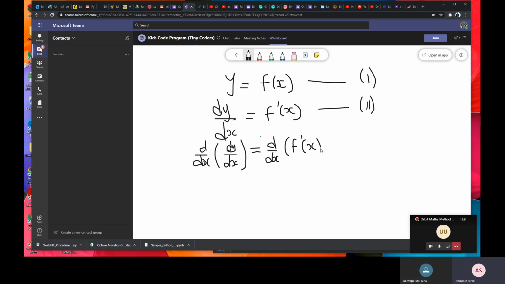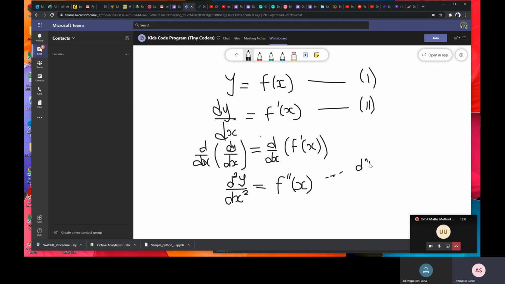Obviously, this is going to give us d squared y over dx squared, which is f double prime of x, the second derivative of f with respect to x. Now, if I continue to the nth derivative, I'm going to have something like d^n y